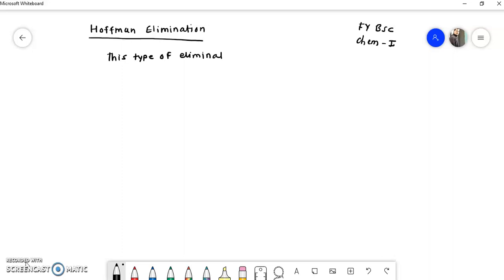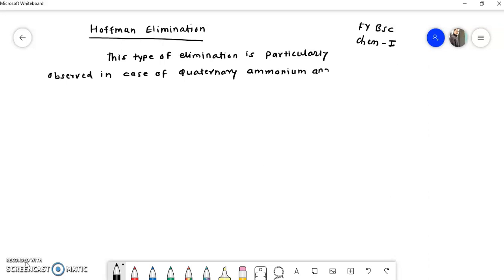This type of elimination is particularly observed in case of quaternary ammonium and sulfonium bases. Okay, so according to this rule,